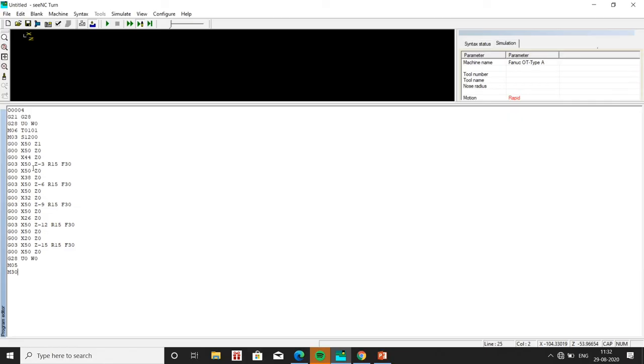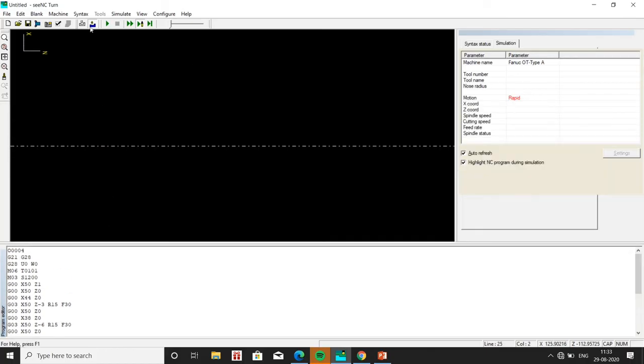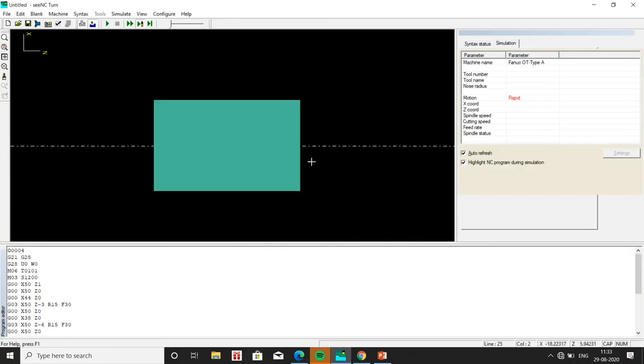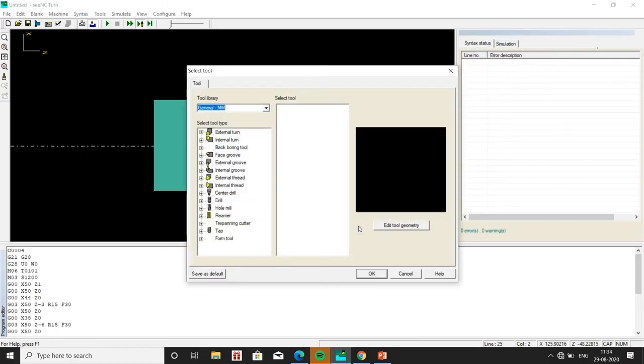So this can be clearly seen in line simulation, which I will be showing later. So just go through the program, and here we will be using G03, which means anti-clockwise interpolation. For clockwise interpolation we will be using G02. Similarly, it goes step by step as the X value reduces and the Z value increases. Procedure for providing blank and the tool will remain the same. So just go through it quickly.